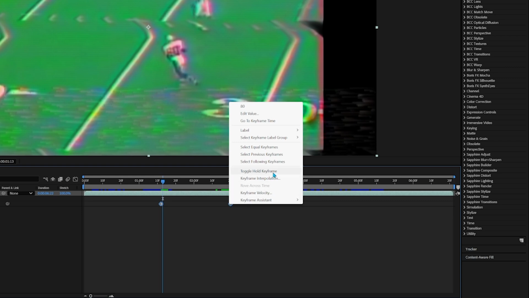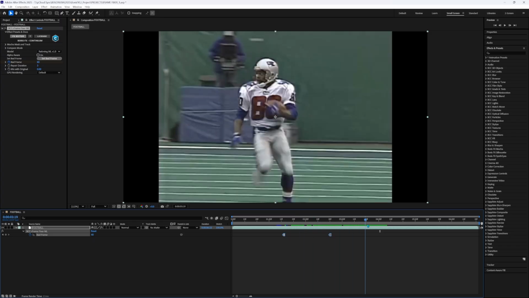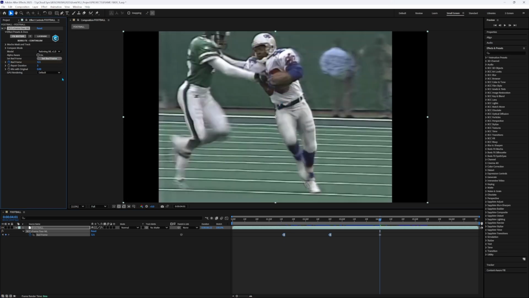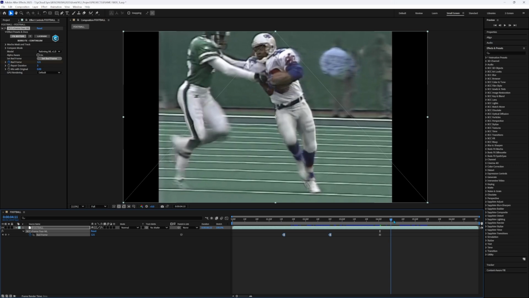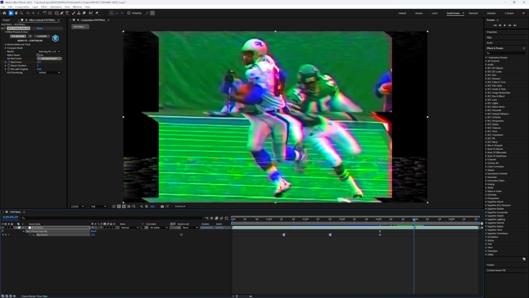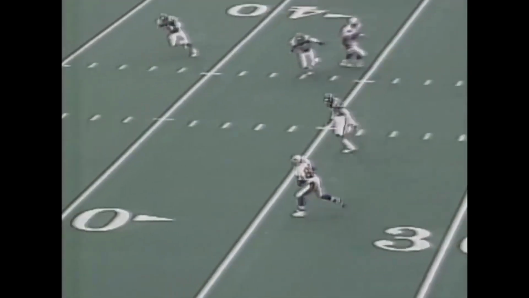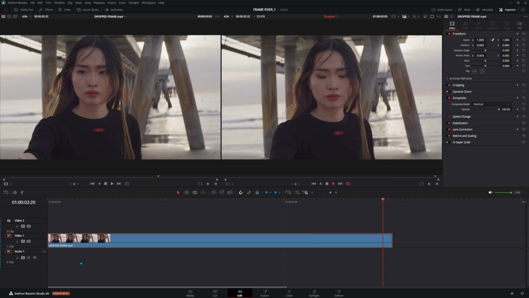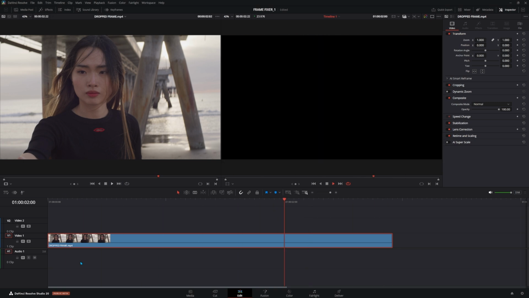To select these keyframes, let's select the footage and press U on the keyboard. Now select both, right-click, and click on Toggle Hold Keyframe. And let's find the remaining frames to fix. There it is. Just click on Set Bad Frame, find the next one, and play back. This is looking pretty good, so why don't we go over to DaVinci Resolve and I'll show you how it works over there. If you watch this dramatic shot closely, you can see a black frame appear right there.